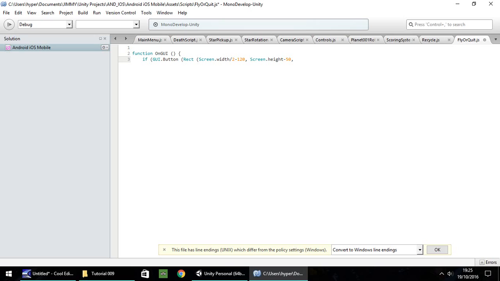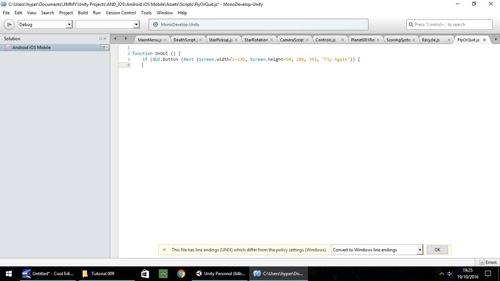Comma, 130, close bracket, comma, and then I'm going to put in quotes here what I want the button to say. So it's going to be Fly again, close quote there, and close two brackets,